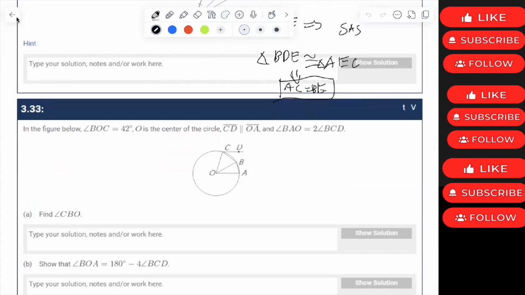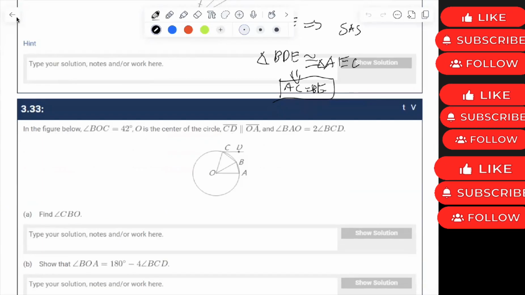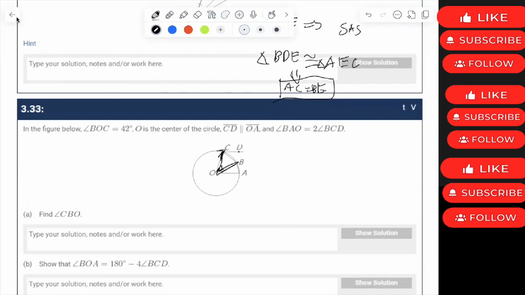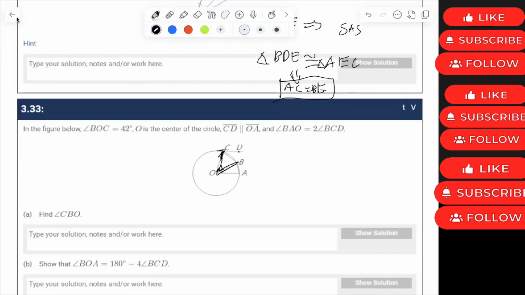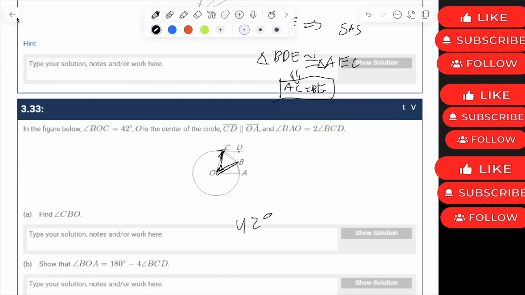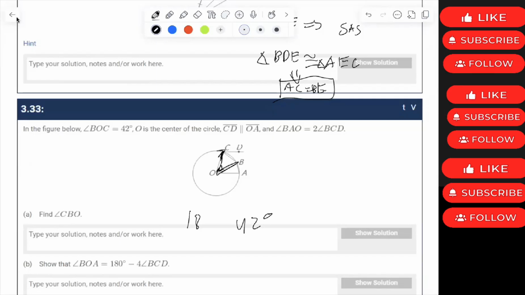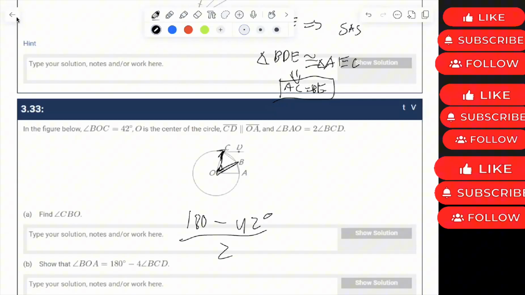Notice that we want to look at isosceles triangles, or equilateral ones, because they tell us most about the angles. Here we have an isosceles triangle. BOC is one because radii from the same circle are always equal. So since BOC is 42 degrees, we know that OCB is equal to CBO, or 180 minus 42 degrees divided by 2, which comes out to be